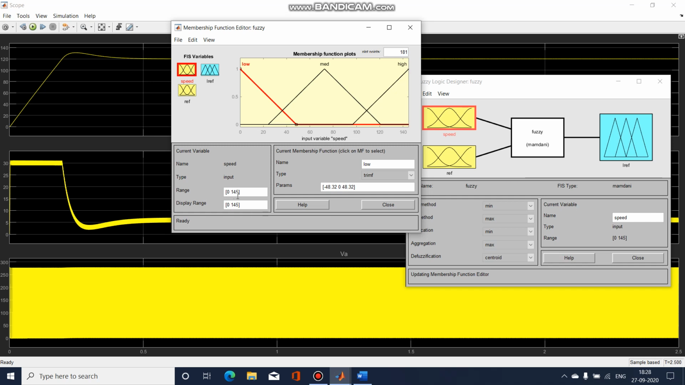So we are keeping 0 to 145 here. Okay, we will design low, medium, high respectively. Then we will have the reference, the input of reference speed, which will have the value of 120 in our case. Okay, because we are using a constant block of 120. So we don't care about low and medium. We are only focused on the high, which will be